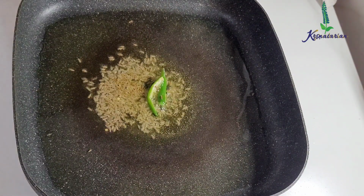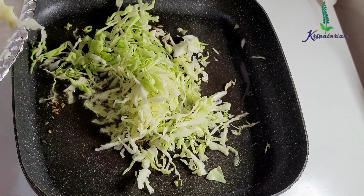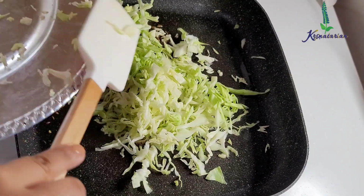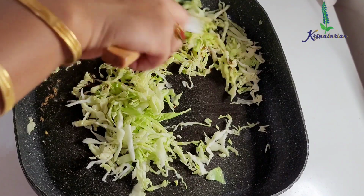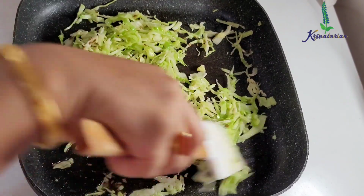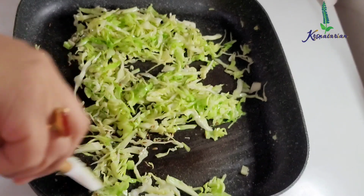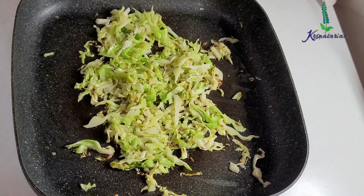A teaspoon of cumin seeds. Cabbage. Saute on medium heat until the color of the cabbage starts turning a little bit translucent and you also see a little bit of brownish color. Once that happens,